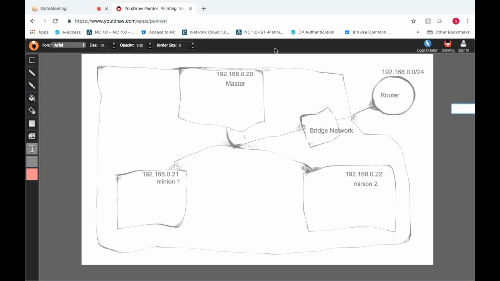So now let's see what components we will install on the master node and what components we will install on the minion node. The main components which will be running on the master node, let's explore. The first one is kube-apiserver. The next one is kube-controller-manager.